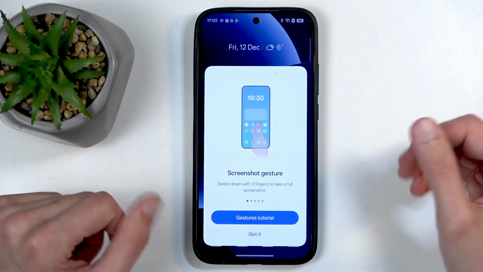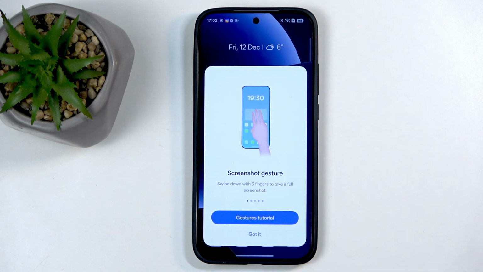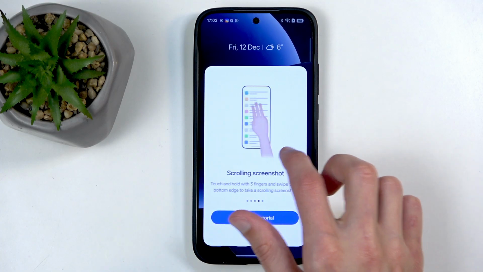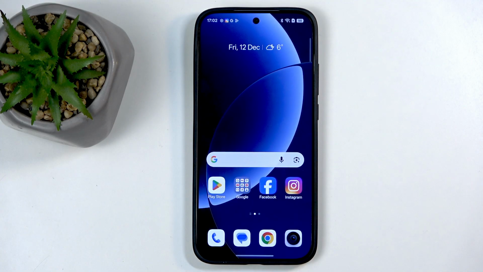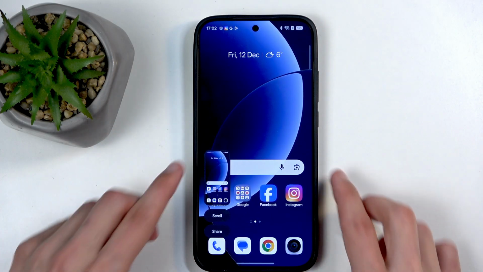You get the sound along with the pop-up, and first time around you get this quick message letting you know that you can also capture screenshots using a 3-finger swipe down or a couple different versions of the 3-finger gestures. So you can see they're all shown here on a couple different pages. So that's one way, and I'm just going to capture just a single screenshot, normal one, full screen like this,